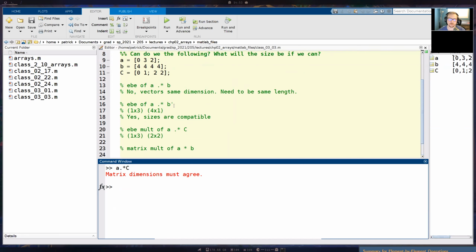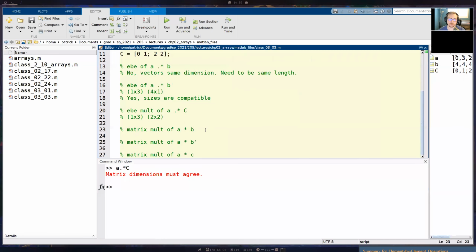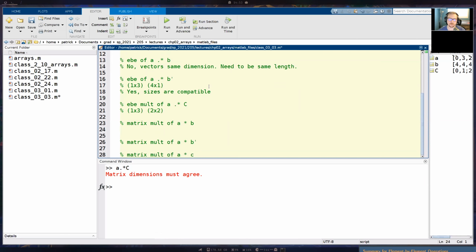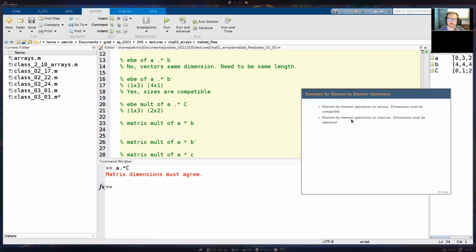Okay. All right, so now we're on matrix multiplication, and now we're going to start to look at the inner numbers and the outer numbers. So remember, looking at the inner numbers, that's going to tell us if we can do matrix multiplication. And then if we can do it, we look at the outer numbers, and that'll tell us the size that we're going to get for the output.